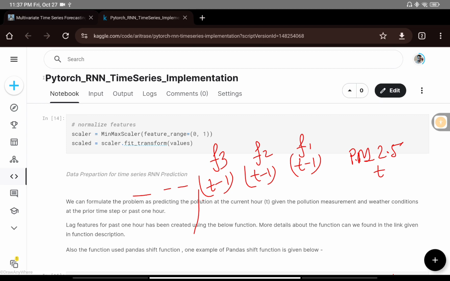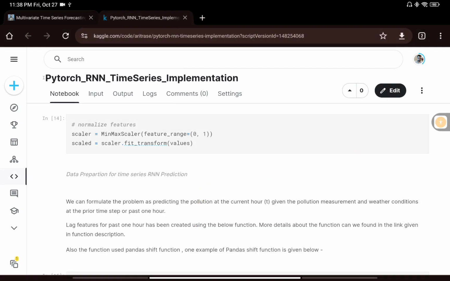So looking at the past hour data, we will try to predict what will be the current hour's PM 2.5, right? So I hope you got an understanding of how we will prepare the data. All our feature values will be shifted by one place, and that would be the previous hour's value, and our PM 2.5 will be the current hour's value. So looking at the past 1 hour weather condition, we will try to predict what will be the PM 2.5 at the current hour or the next hour, right? Okay. So with that,